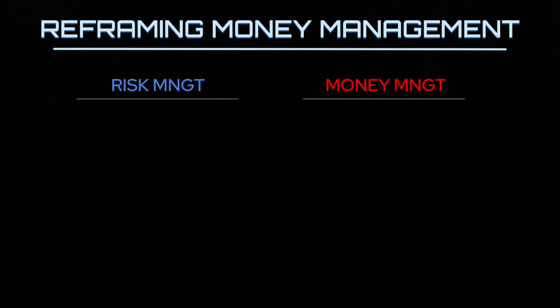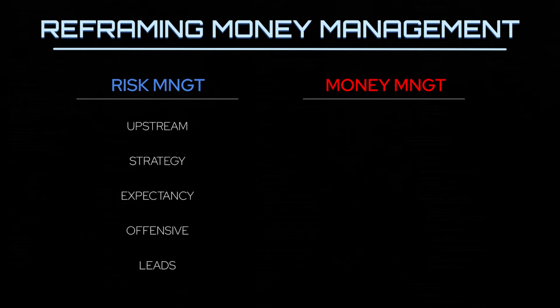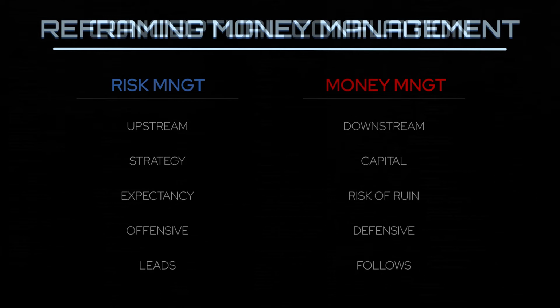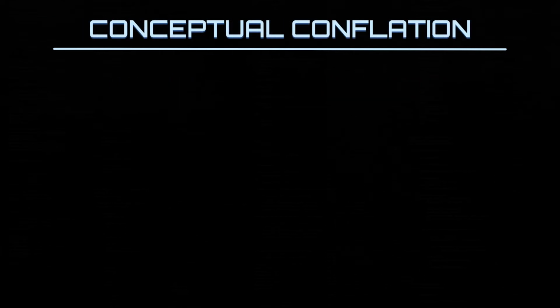Another way to wrap your mind around it is to think of risk management as an offensive process whose primary purpose is to maximize net risk-adjusted upside, whereas money management is a defensive process which aims to allocate your capital according to that risk management in order to protect your downside and survive to trade another day. As I will explain further along in this video, whereas risk management leads, money management follows, and not the other way around. Even if this nuance sounds very abstract at first, its misunderstanding is the source of much confusion and